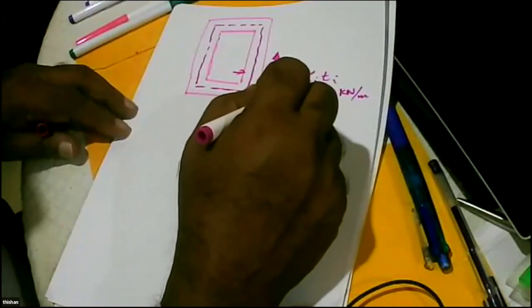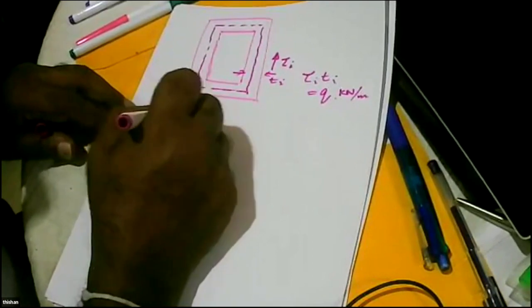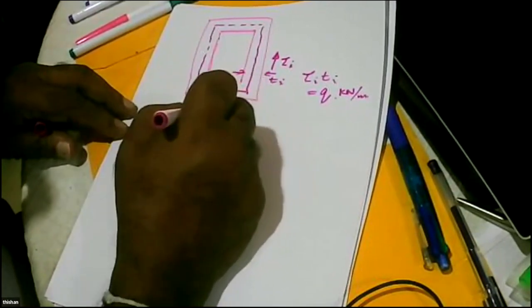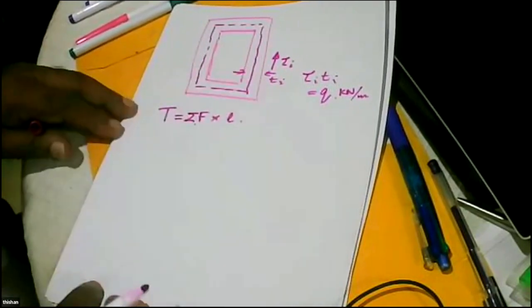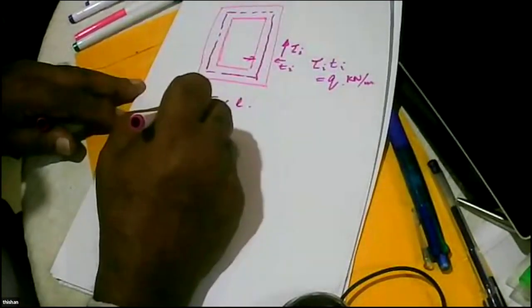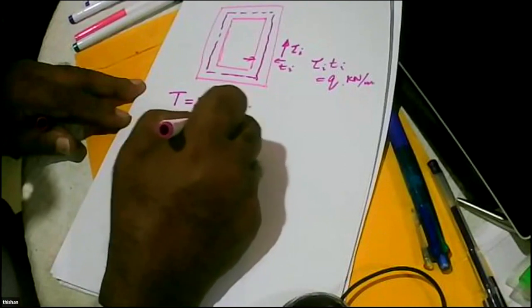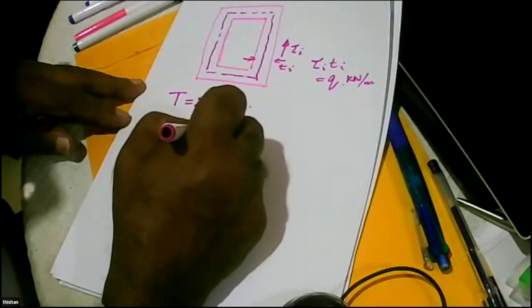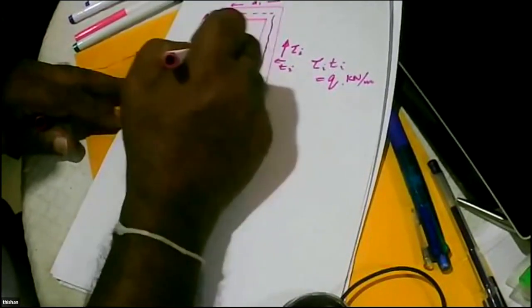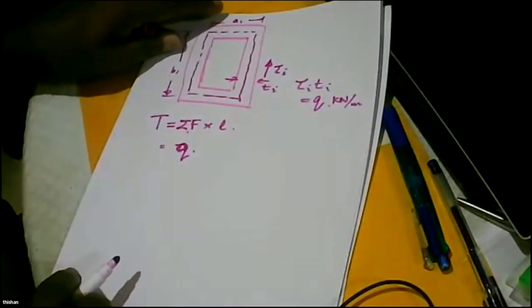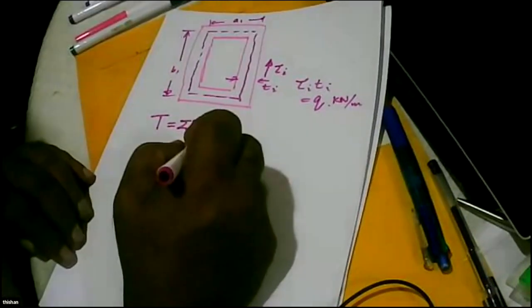Then torsional moment T is equal to torsional force multiplied by lever arm. And torsional force on this face is equal to Q times Q. And if this is A1, this is B1, center lines, A1, B1, Q times B1,